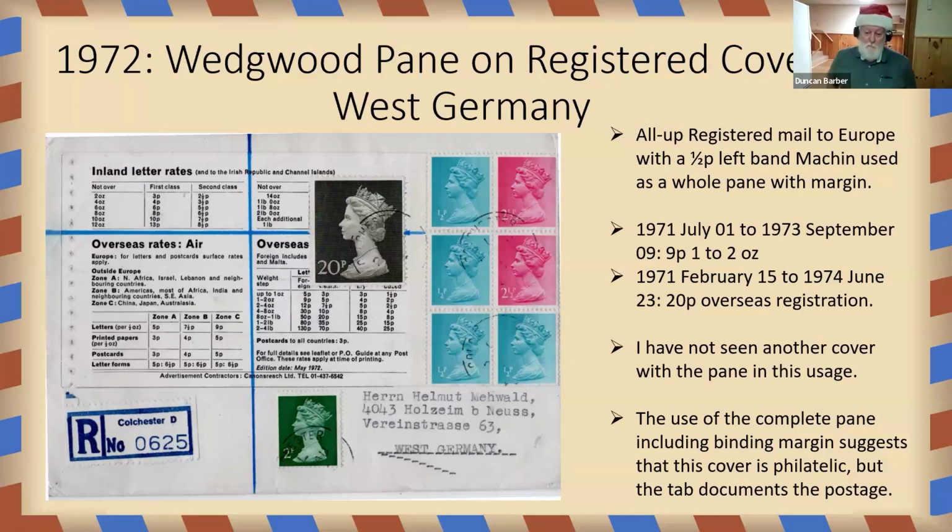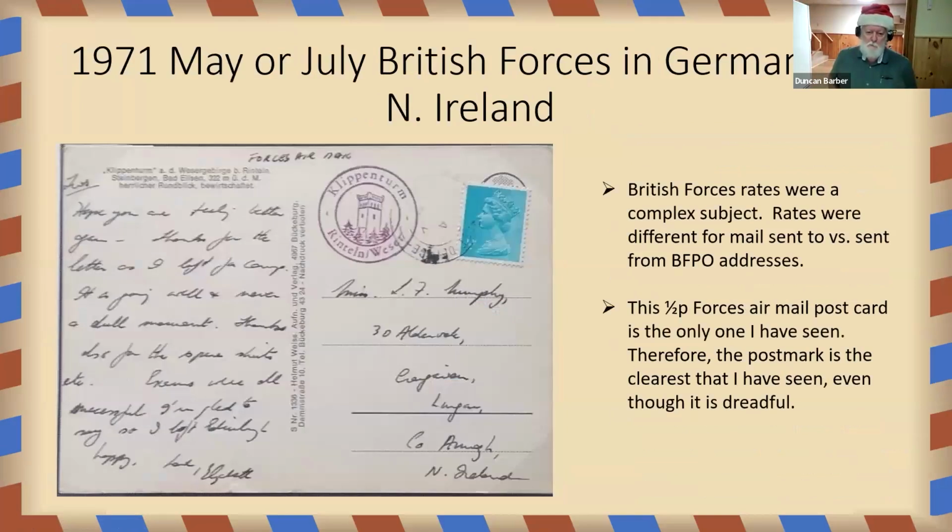Yes, halfpenny. The vendor thought this was actually May of 1971. Previous owner, rather. You can see the Y in the 71. Halfpenny Forces